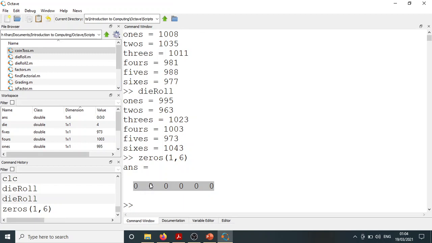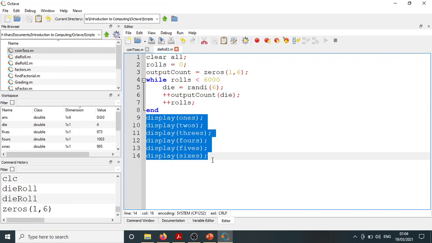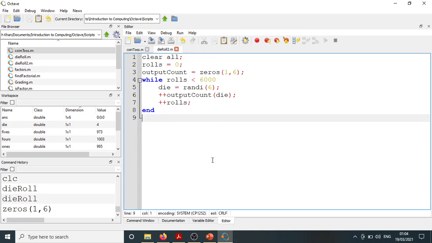कितनी मरतबा टू आए, थ्री आए, फोर आए, फाइव आए, सिक्स आए। तो पहला जो तरीक़ाकार हमने अपनाया वो ये था कि हर एक काउंट के लिए हमने सेपरेट वेरिएबल डिक्लेयर किया, वंस, टू, थ्री, फोर, फाइव, सिक्स। उसमें मसला ये था कि हमें इन काउंट्स को अपडेट करने के लिए यहाँ पे वो इफ़ एल्स इफ का पूरा स्ट्रक्चर डालना पड़ा। ठीक है, तो वो ज़रा लंबा काम था और फिर यहाँ डिस्प्ले भी हमें उन सब को करना पड़ रहा था। ठीक है, तो ये काम ज़रा लंबा था, तो हमने उसको ज़रा सिंप्लीफाई किया। सिंप्लीफाई करने का तरीकाकार क्या है कि वी डिक्लेयर्ड अ वेक्टर बाय द नेम ऑफ आउटपुट काउंट, जिसमें हम आउटपुट